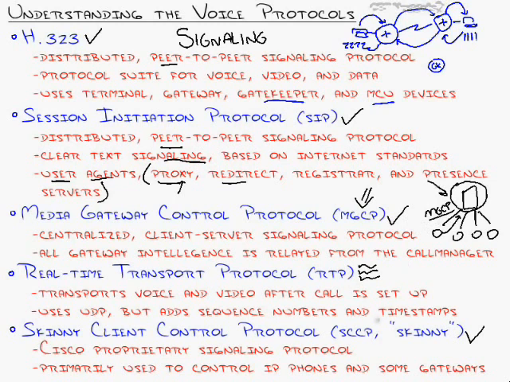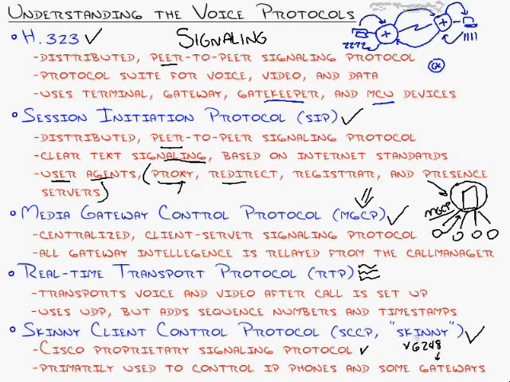Let me skip RTP. I'll come back to that in a second. The last signaling protocol is Skinny Client Control Protocol. This one's a quick one. It's easy. This is truly Cisco proprietary. It is used to control Cisco IP phones and some gateways. They're very limited gateways, like a VG248 would be one of the gateways, and that provides 48 FXS ports. It's really just a bunch of devices that the gateway provides into the network, and so they use Skinny to control it. But Skinny is by default the protocol that call manager uses to control the Cisco IP phones. And using Skinny, you get the full feature set.